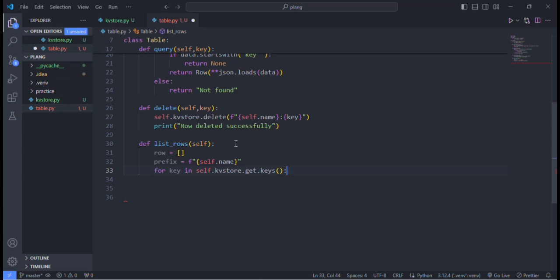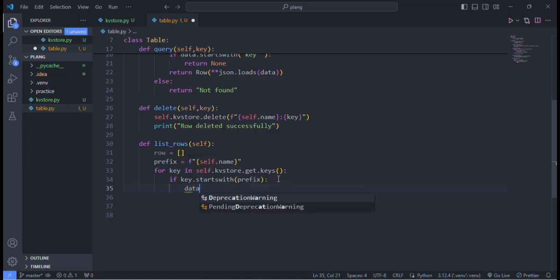Then I'm gonna say if key dot starts with the prefix we have defined before that is common to every row in this table. So if the key starts with this prefix, what I'm gonna do, I'm just gonna say